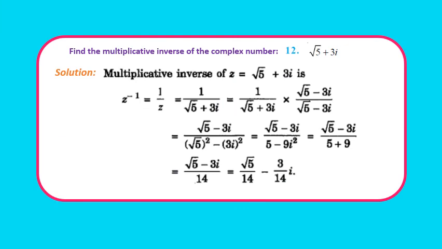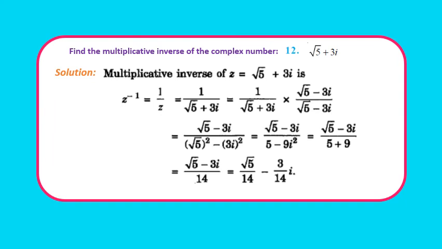Moving to question 12. Find the multiplicative inverse of the number root 5 plus 3i. So the multiplicative inverse of z, that is root 5 plus 3i, will be equal to what? z inverse is 1 upon z. So this is 1 upon root 5 plus 3i. So rationalizing, that is multiplying by root 5 minus 3i upon root 5 minus 3i, we get root 5 minus 3i upon (root 5) square minus (3i) whole square,